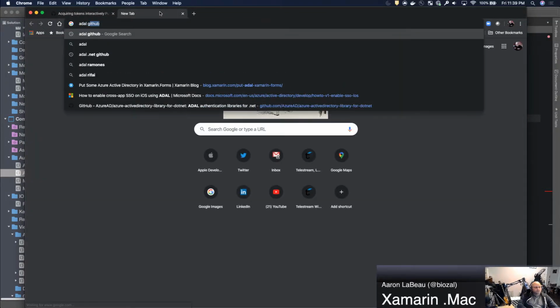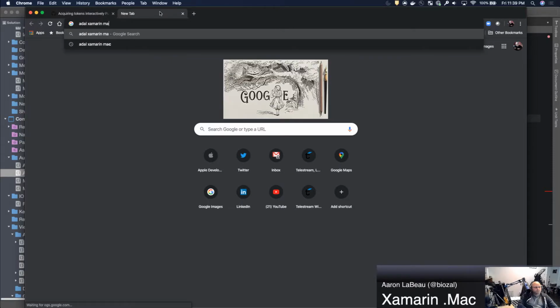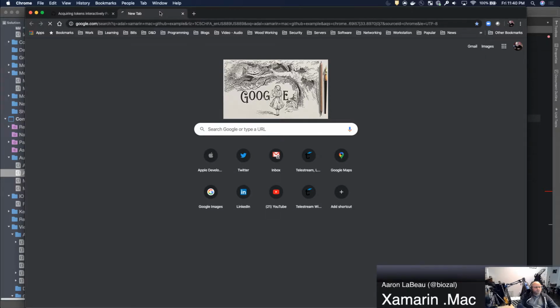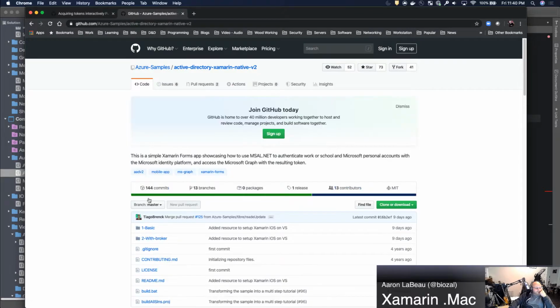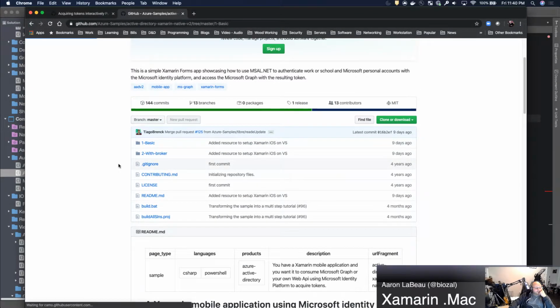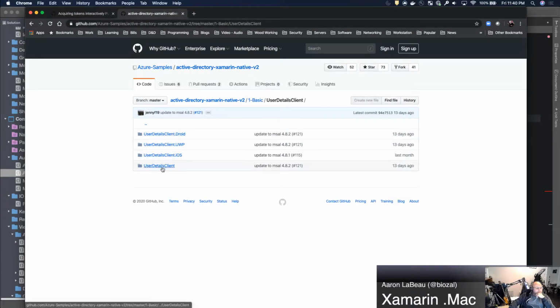Let's do ADL GitHub Mac. Let's do ADL Xamarin Mac GitHub example. This is how we code, people. We look for an example with basic. That's what I'm looking for. And Tygo, I don't know who you are, but thank you if this works. Let's see here. And we want, of course,